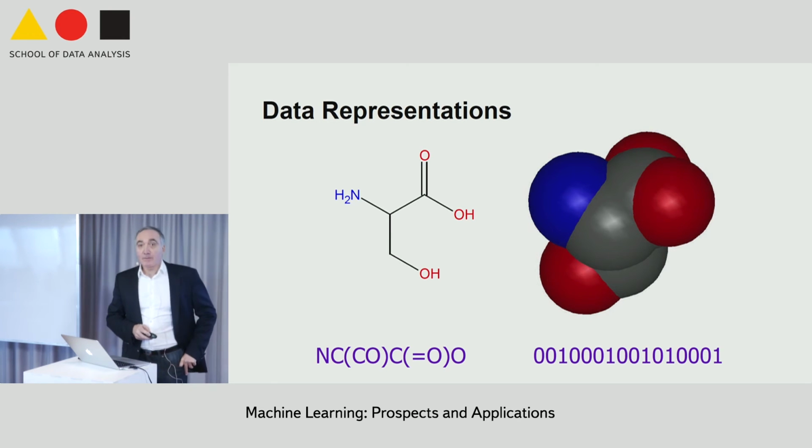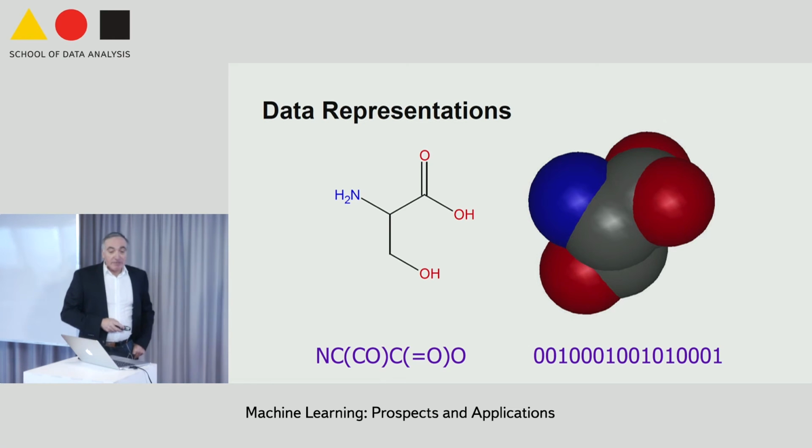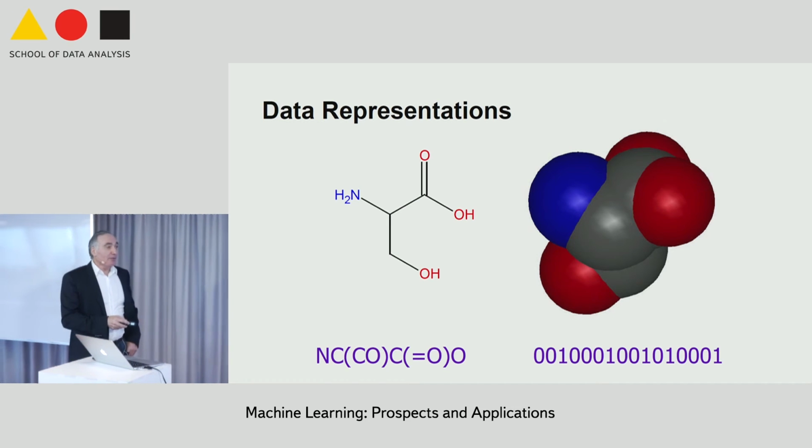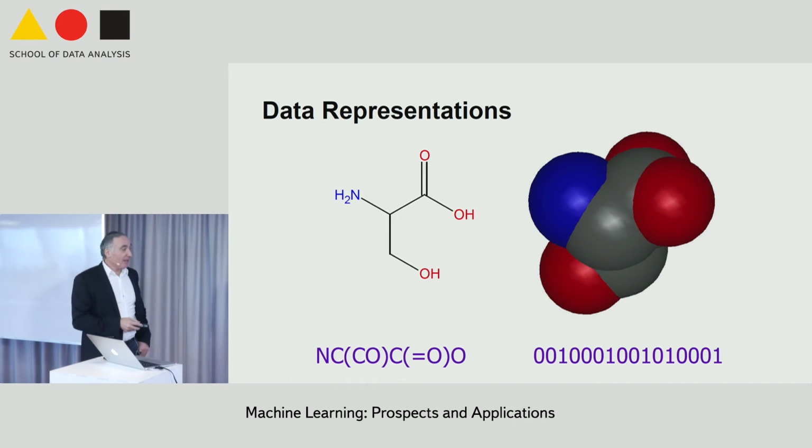Is that invertible in this case? Or do we have a unique? It's invertible, yes. And then, if you don't like strings, if you want vectors of fixed length, I can give you that. These are called fingerprints in chemistry. Basically, you have a binary sparse vector where you put a 1 if a particular feature is present in the molecule or not. So the question is, what is the basis of features you use?